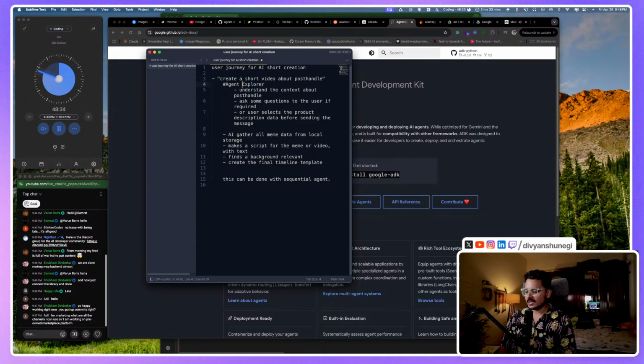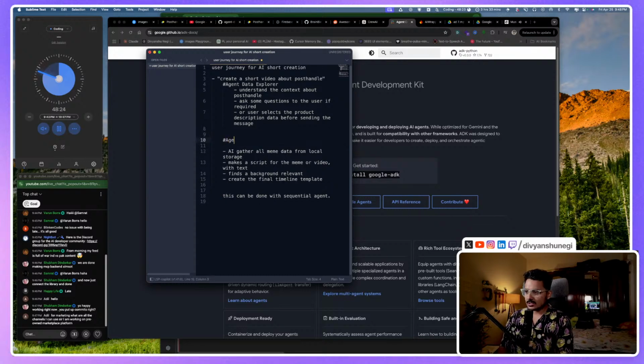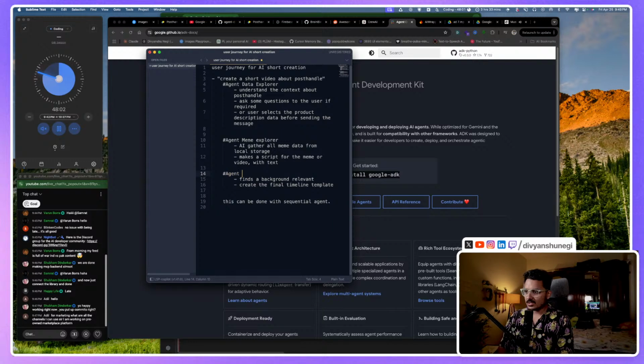So this is agent data explorer. And then when we have the agent data, we will have agent meme explorer. Maybe a name change will happen somewhere. The main task of agent meme explorer is to find which meme works best for us and create a script for it. Then the final will be another agent, which we can say is agent director,